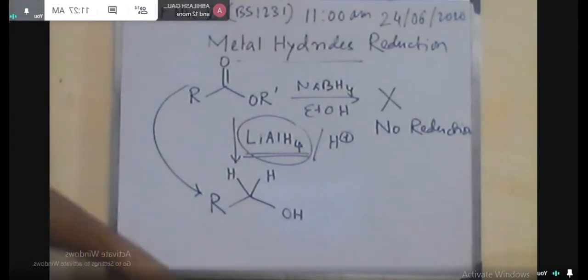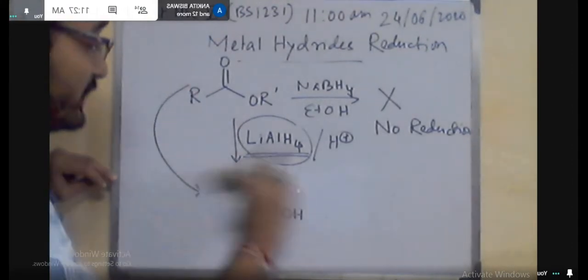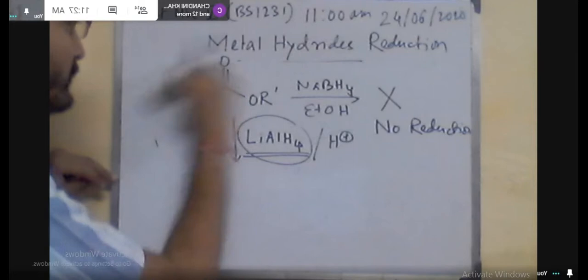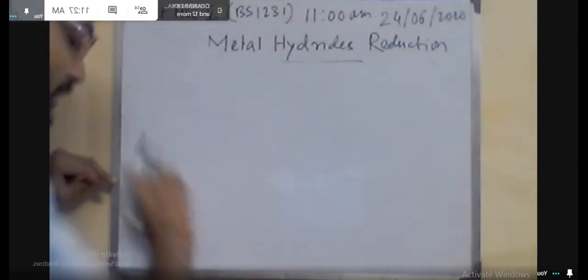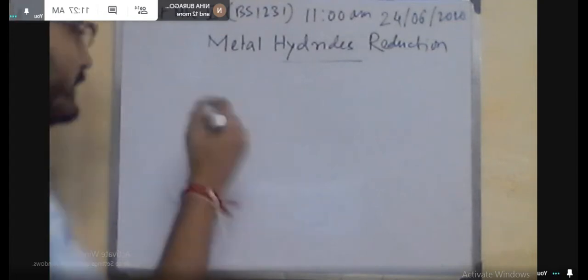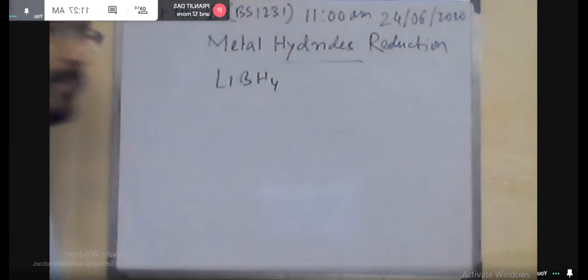But you know, sodium borohydride can't reduce the ester to its corresponding alcohol. So instead of using sodium, if we use lithium, then it has the ability to reduce the ester to the alcohol. So just like this way,